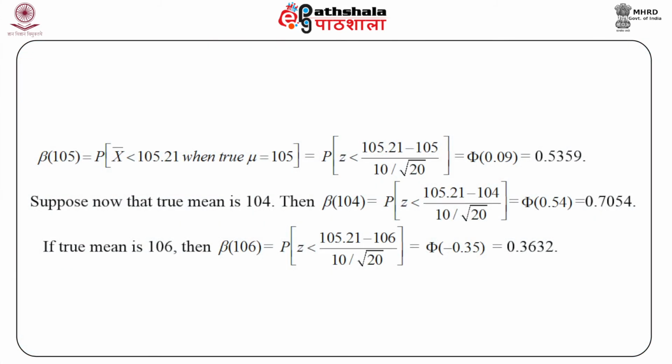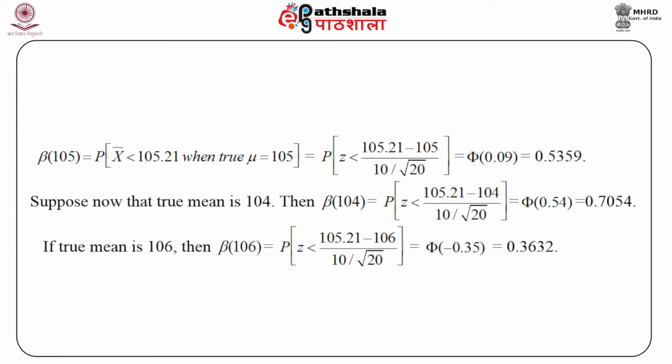Therefore, beta of 105 is equal to the probability that x bar is less than 105.21 when true mu is 105. This is equal to the probability that z is less than (105.21 minus 105) upon 10 divided by under root 20, which is phi of 0.09, and is equal to